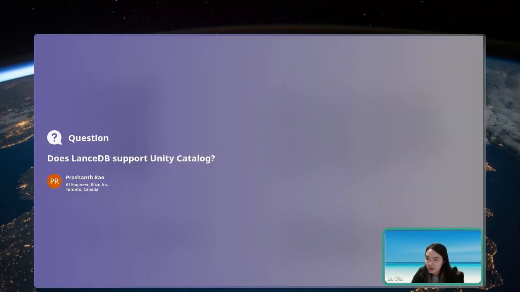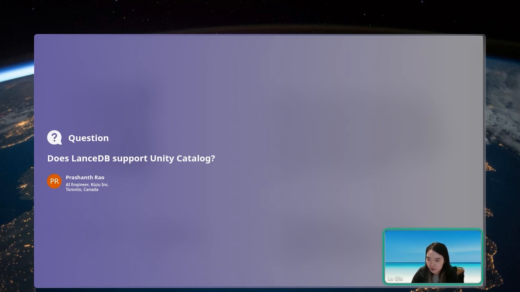I saw there is a question asking whether LanceDB supports Unity Catalog. I already mentioned in the Q&A chat that we put the catalog, basically the table format, inside our LanceDB repo. With the table format, you can do versioning and leverage different namespaces, etc. Those are included in our LanceDB, but it's a pretty thin layer.